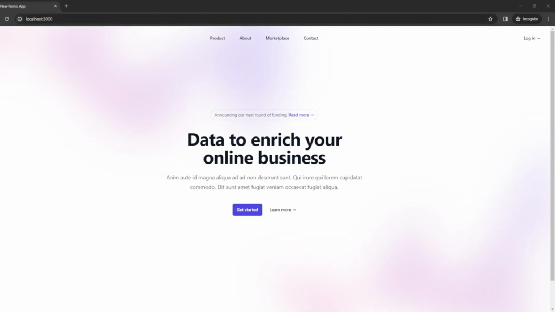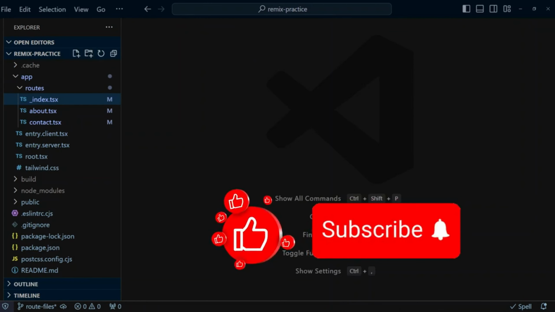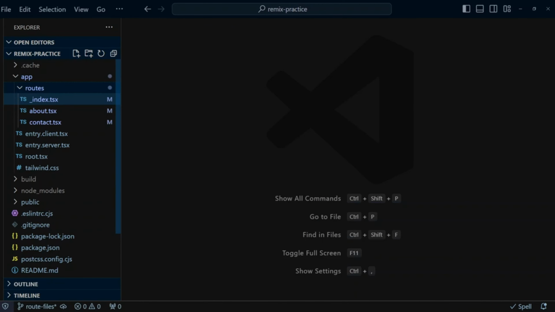Now, what if we would like to have common layout? Let's go back to VS Code and create login routes. Usually, login routes have a common UI component like an image, but they don't have a common URL part. They sit right at the root like /login or /register. In order to create a common layout part for our authentication routes, login and register, we're going to create